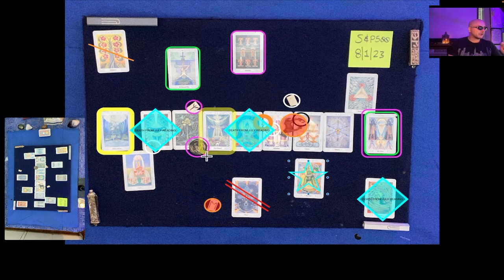ride the scalp down to a trough or low somewhere around 11:15. Sorry, the trough is around 11:15, and the crest is somewhere around 1040-ish. So you go from a crest around 1040, three pokes through the same price level, and then a sharp drop to a trough. A lot of price change there, and a sharp drop to a trough somewhere in the first 15 minutes of the 11 to 12 o'clock hour. So somewhere around 11:15. Probably want to exit out of that scalp before the trough, though, because at that point,